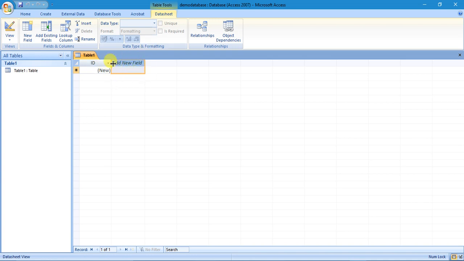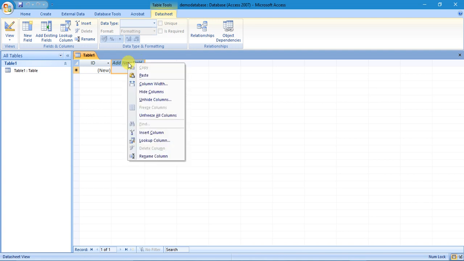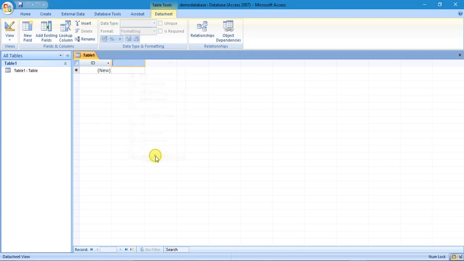To create the database table using the datasheet view, you need to select the column first of all. Look here, the add new field option is there. Right click on it and click on rename column. As I am taking roll number as my first column, then it moves to the next column or next field. The columns are also known as the fields. Write another column name here. I am taking name itself as the column name.